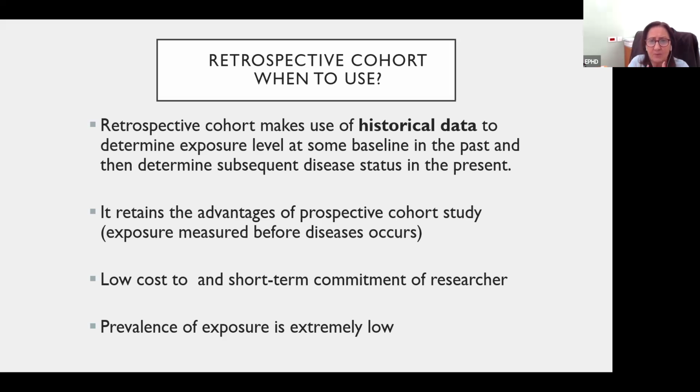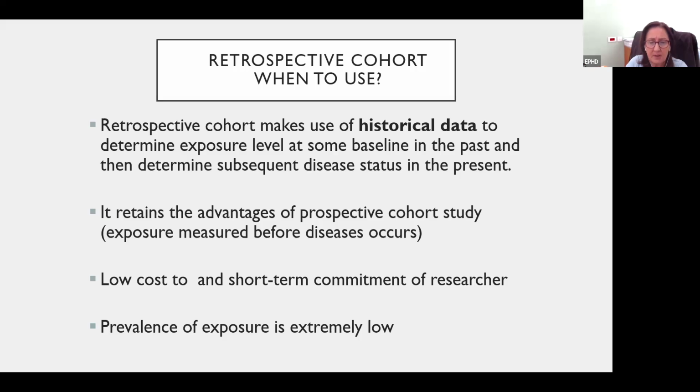The retrospective, if you find a retrospective cohort that could answer your research question, is definitely less expensive. You don't have the commitment for follow-up of a long time, because already 20 years have passed. But the issue is to find your historical cohort, to identify that historical cohort. And this is usually done specifically when the prevalence of exposure is extremely low. So let's say most of the occupational cohorts are retrospective cohorts. So if I want to see the effect of a detergent, for instance,